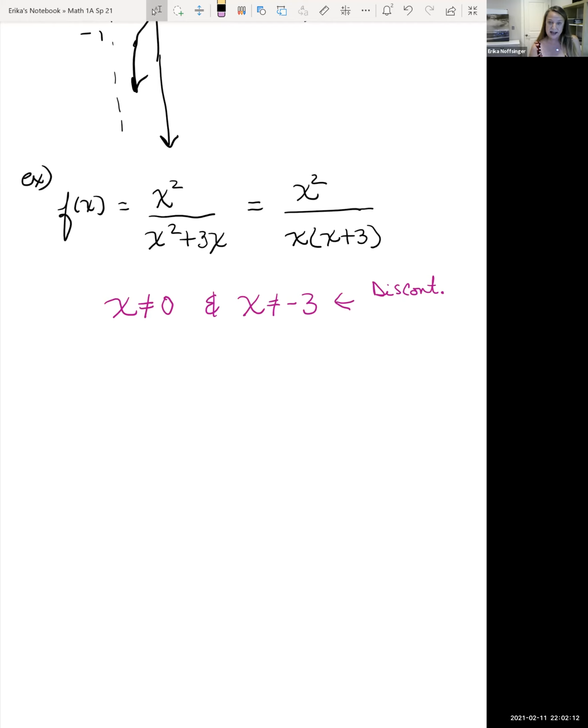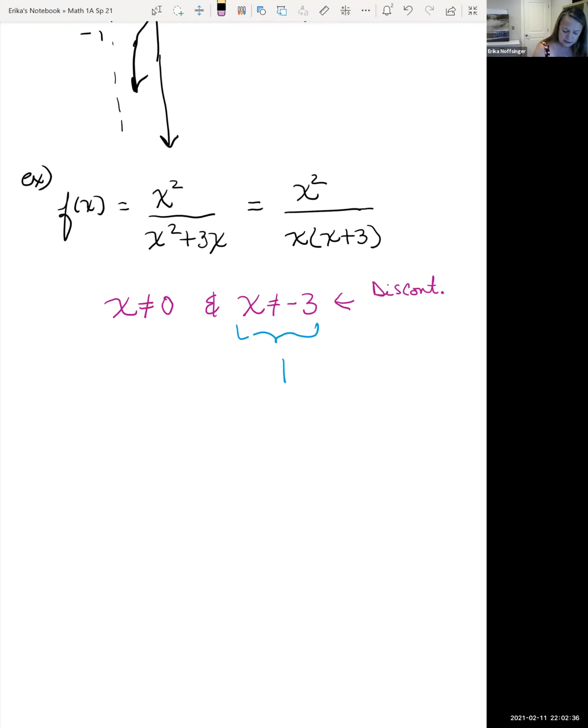But notice that I have like factors in the numerator and denominator. And so vertical asymptotes only occur with values that set just the denominator equal to 0. So look at x equals -3. If I plug this back into my original function, plugging that into the numerator is not going to give me 0. So I know x equals -3